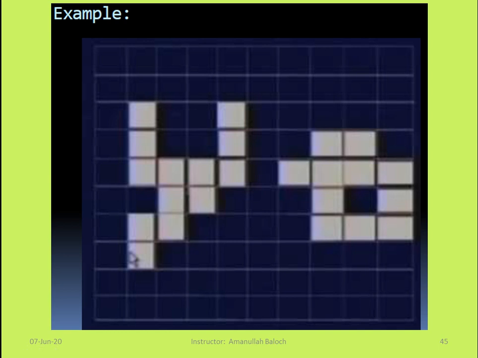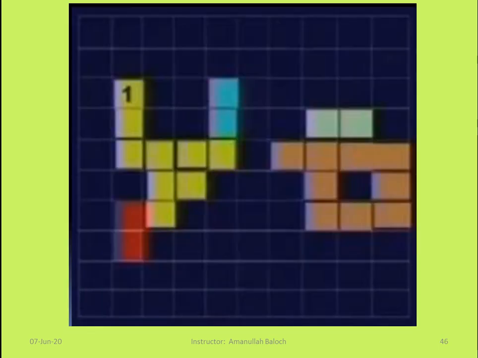So the computer will follow row by row. In this row there is no pixel which will be considered as a connected component. In the second row also there is no pixel, all the pixels have 0 value. In the third row, ignoring the first pixel, we see this one, and the gray value of this pixel is 1, and this pixel belongs to a component, so we will consider it and we will label it as 1. I have labeled it as 1, and then we will search onward.